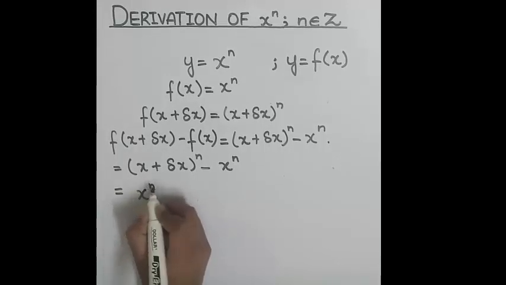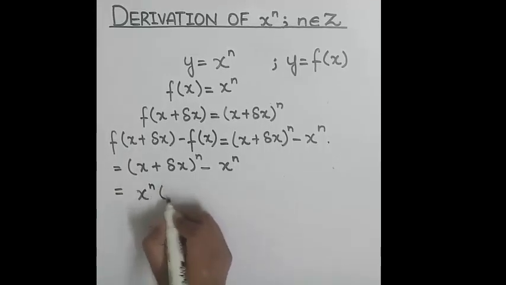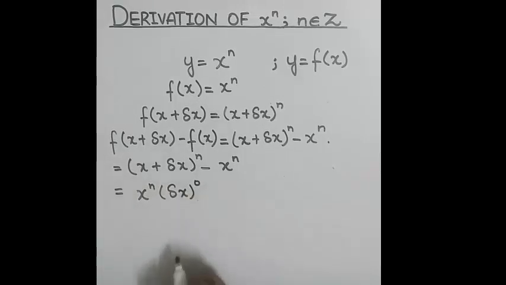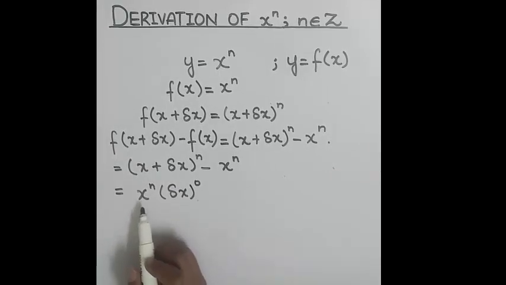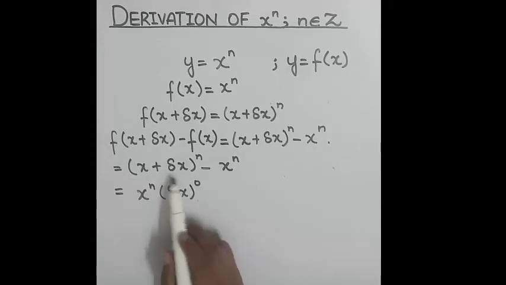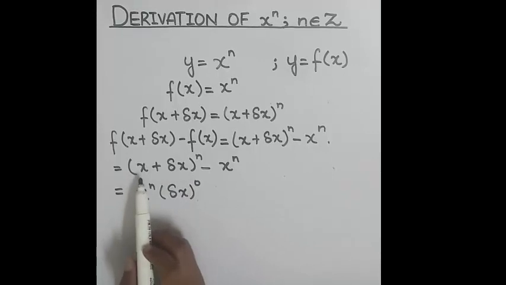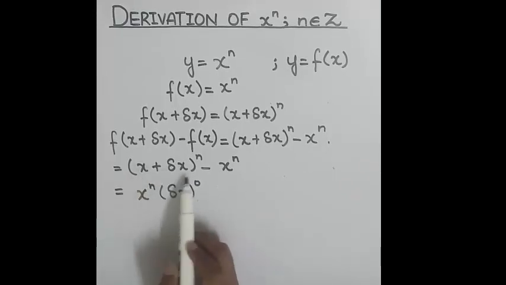So x raised to power n and delta x raised to power 0. We start the binomial expansion having the greatest power of x and the lowest power of the second term, and in the last we get the smallest power of the first term and the greatest power of the second term,